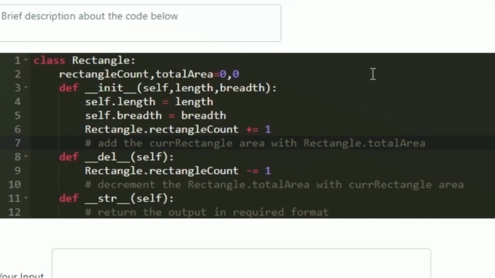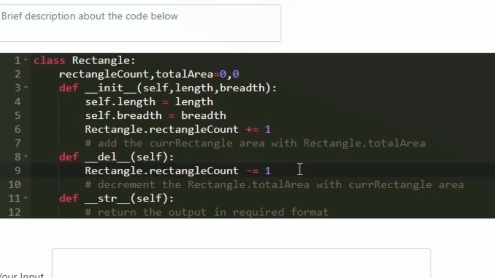And now after printing the total area and length, we were calling the delete function. So we should also override the delete. Here again I am overriding the delete, and in the arguments I am accepting the self. Now we know the length and breadth of the current rectangle. Before that we have to decrement the rectangle count, because after deleting, the rectangle count will be decremented by 1.